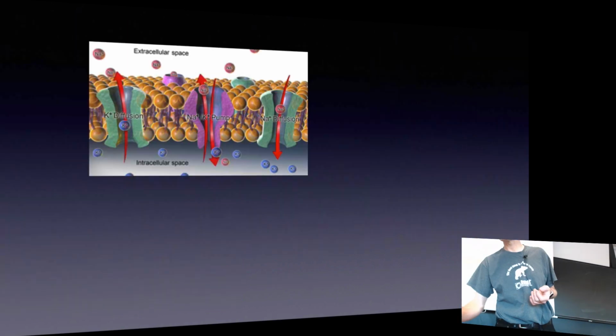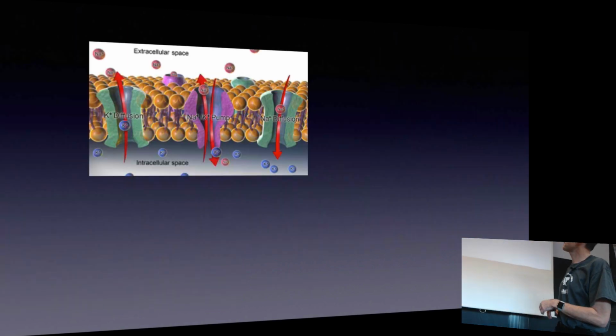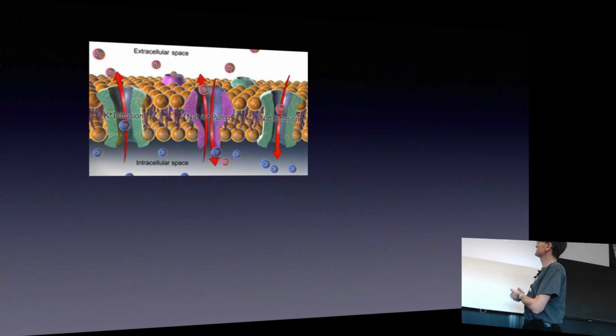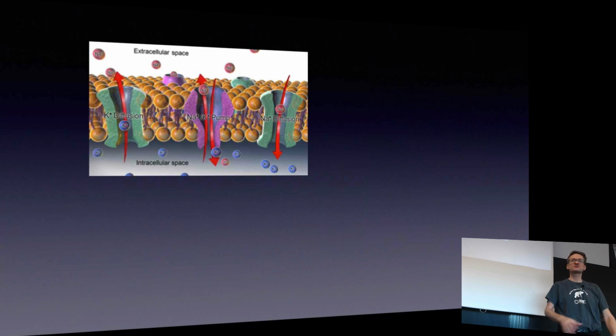Let's pick an example. These are the channels that are pumping different types of ions in and out of your cell. This is a super complicated topic because it involves your entire nervous system. This is the engine in your nervous system. We're using ATP for it, but we also have to understand what a membrane looks like. You have to understand what the physics look like. There is no way I could introduce all those things at the same time.